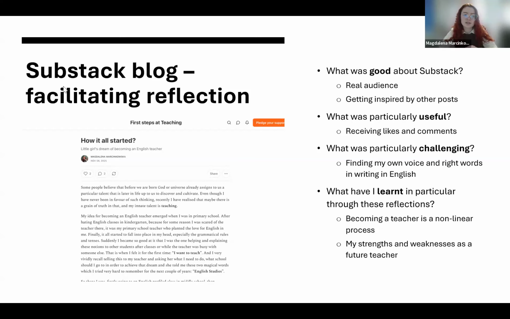And also, using Substack allowed me to be inspired by posts of others. At the beginning, when I started my own blog, I also subscribed to other people who posted blogs about similar topics like teaching or using AI in teaching. And reading those blogs really helped me structure my own, helped me see what I can do, what I shouldn't do, because it was my first time writing a blog in general. So, for example, there was this one blog about using social media in general, which was very much like an essay, and it